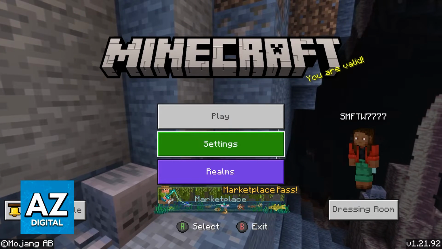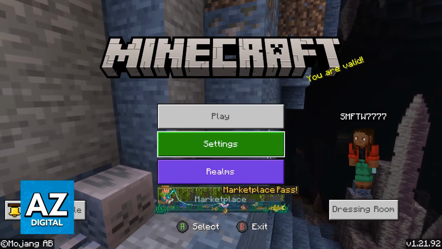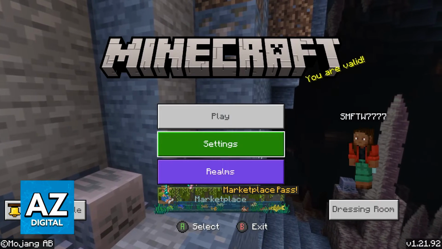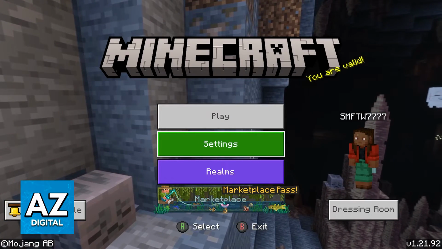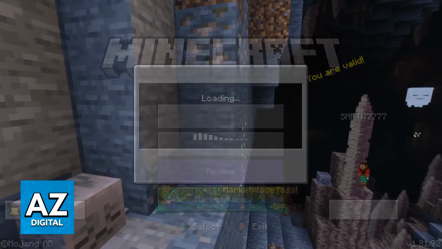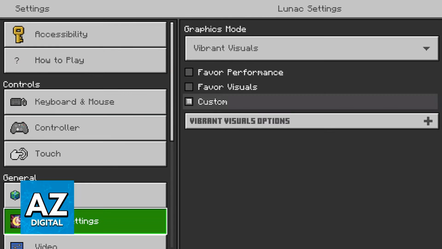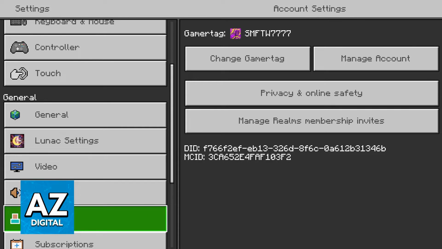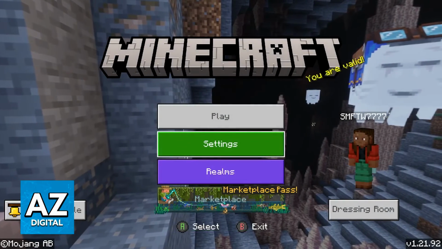So what you have to do is first of all set up a Microsoft account. If you are playing on Xbox, of course you already have this, but if you are on PlayStation, it is extremely important that you go over to the settings, check out the account tab, and make sure that you have a gamer tag and a Microsoft account connected. This is going to be the bridge between different platforms, so it is what allows you to connect to other platforms and play with your friends.